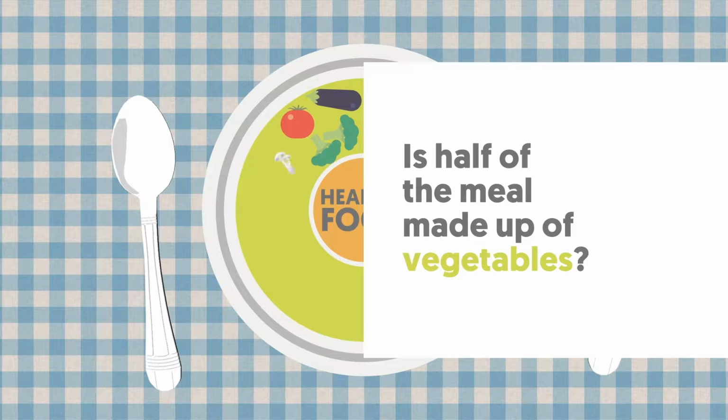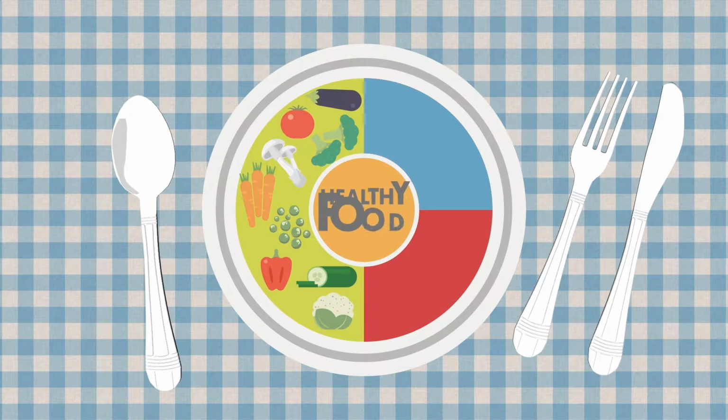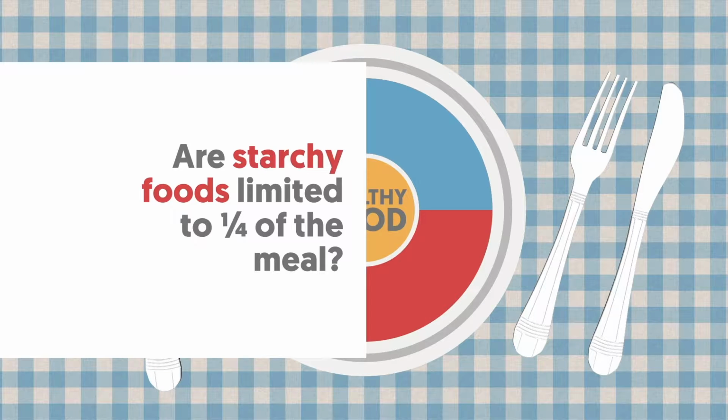Question number 1. Is half of the meal made up of vegetables? A good way to check is by looking at all of the ingredients in front of you as you lay them out on the kitchen bench. Half of these should always be vegetables. The second question you need to ask yourself: are starchy foods, like rice, potatoes or sweet potatoes, limited to 1/4